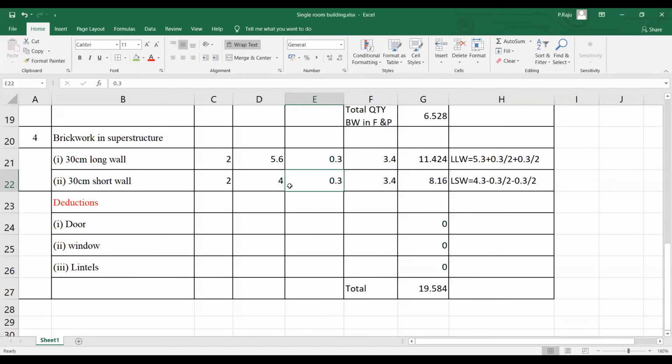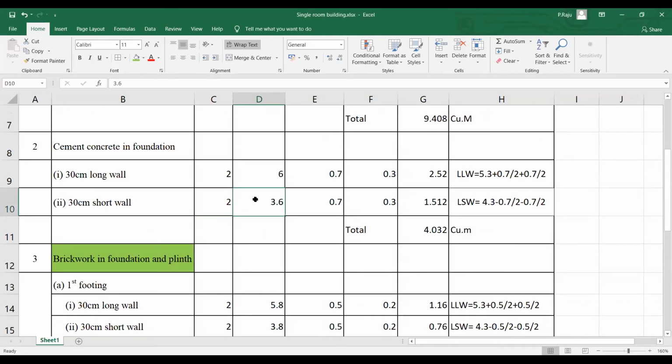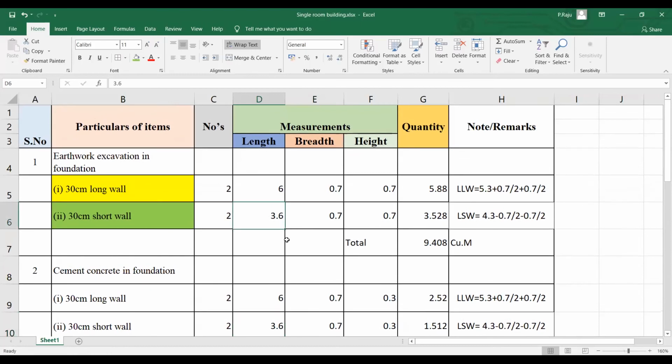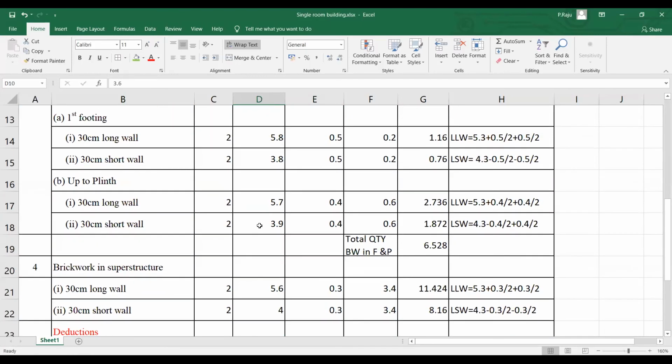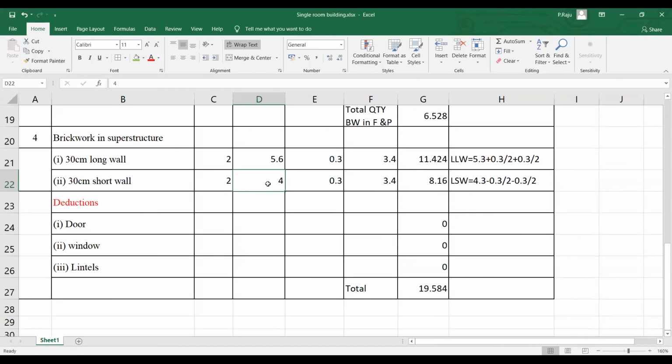meters. You see, in the level of brickwork in superstructure, we can directly see from the diagram and say it is 4 meters. But when it comes to the levels of different items of work, there we can't determine what will be the length, because the foundations will be different for different things and the lengths will be different. At superstructure level it is very easy. So we have got this brickwork in superstructure. I will find out the total quantity. I will show it now.